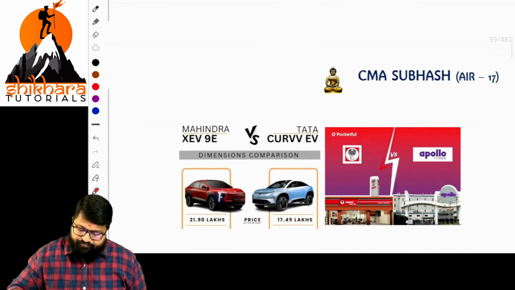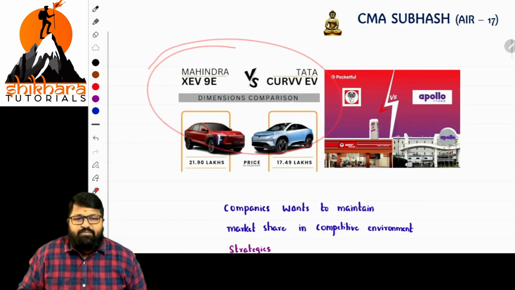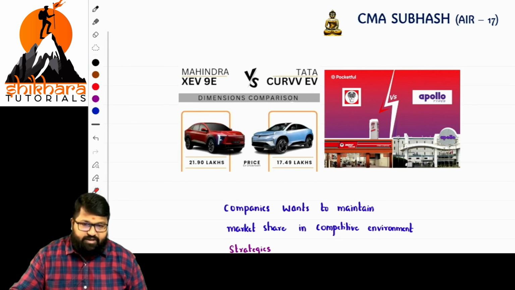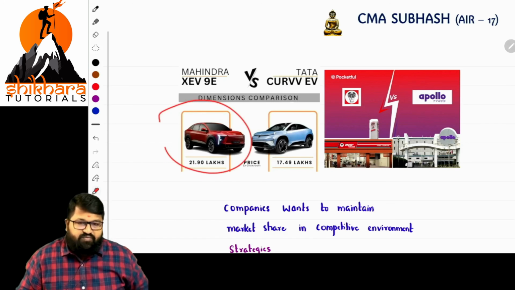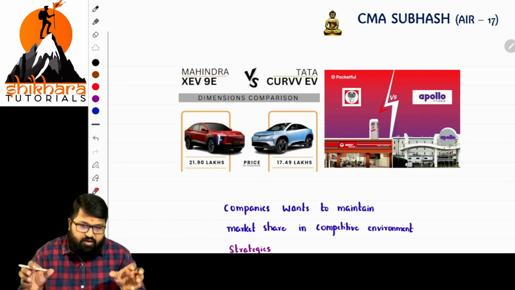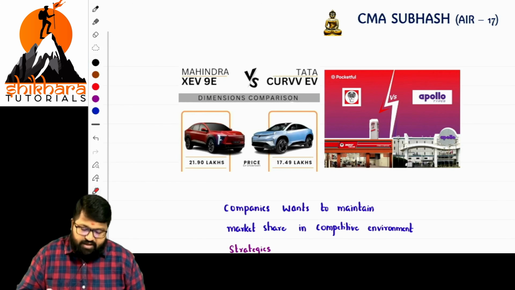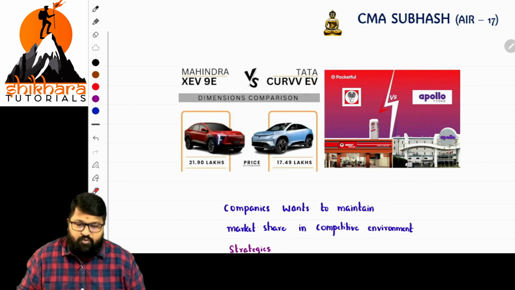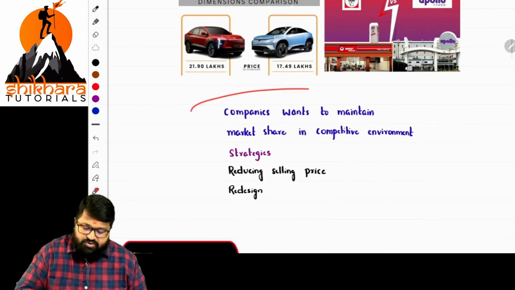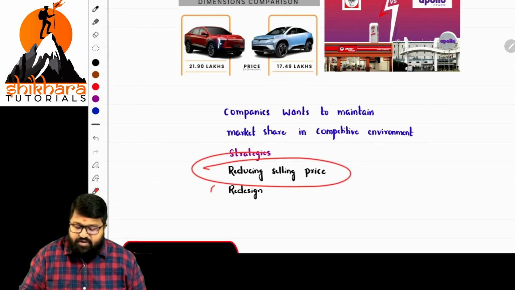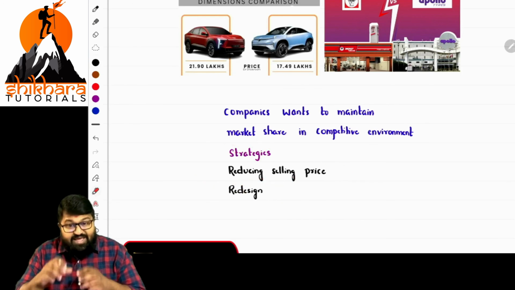The best example, sir: when Mahindra wants to increase its share, what is the effect, ma'am? They'll use some sort of advertisement and they make some assessment of their competitor. Their competitor, for example, is Tata. What is Tata doing there? What are their strategies? What should be our strategy? They make some assessment and they do the business. Even in the case of tire companies it is the same. Companies want to maintain market share in the competitive environment. So what are the strategies? Reducing selling price or reducing other things. Based on these, they play the game.